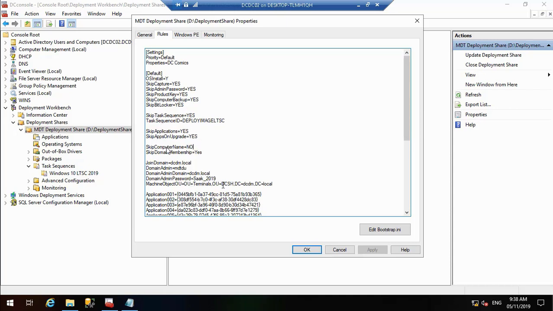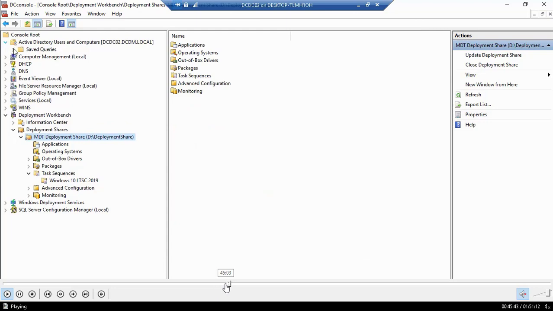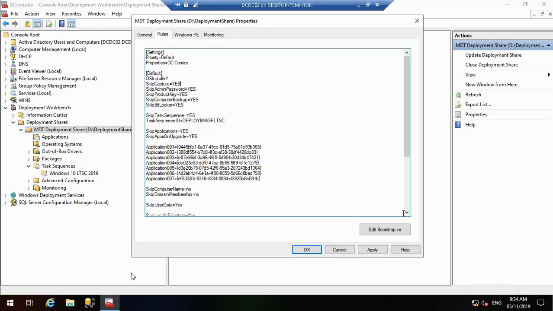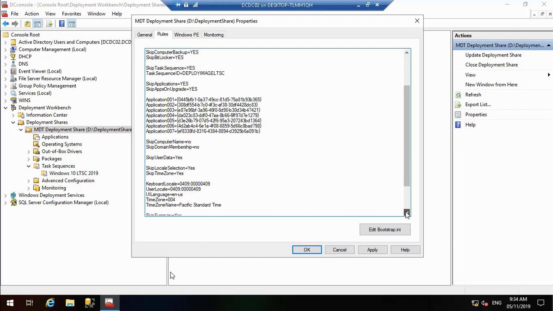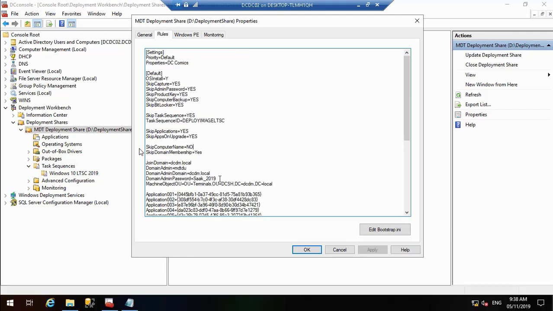Don't skip the computer name, because he should give me a window so I can type the name of the PC in it. But I need him to do something else. Just a minute. So here I'm telling him: do not skip computer name. Give me a window so I can type the computer name in it. But skip the domain membership, so skip the window that will ask me for the domain